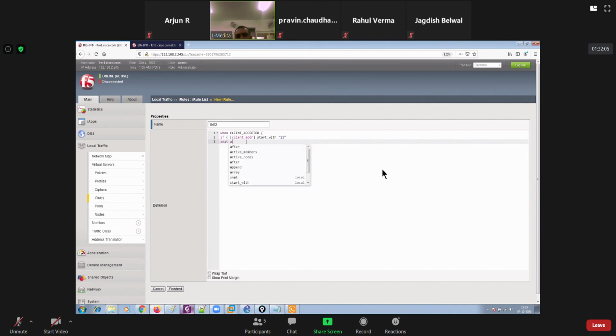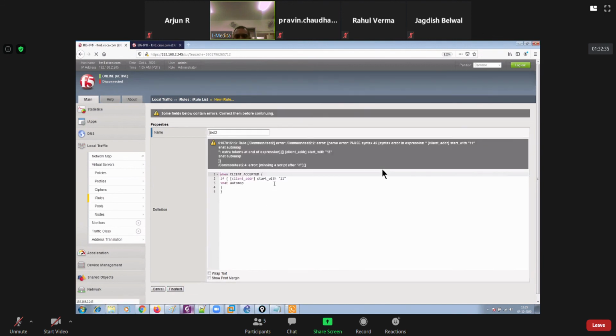SNAT automap, or maybe we could say then SNAT pool over here, and then we could provide the SNAT pool over here, right, guys? So it's up to you how you want to perform it. But this is how you can configure even a SNAT, right? So you set a SNAT automap, like this. Finished.